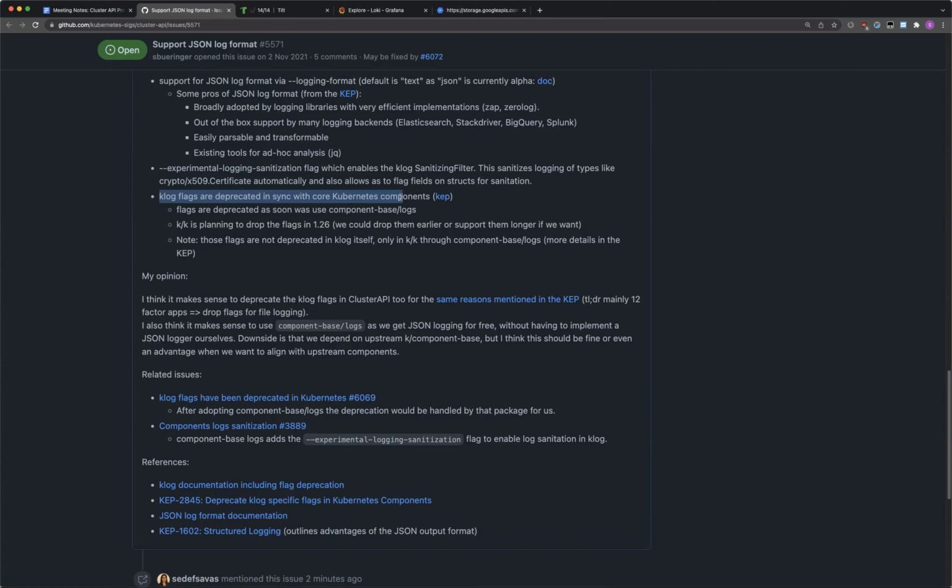Yeah. So that was a lot of information. I hope it made sense. It would be great if folks have an opinion on that, can take a look, and post comments. In my opinion, we should use component-base logs because it has a bunch of advantages and we can align to upstream components. But maybe there's a certain danger in depending on that dependency. Yep. Comments, concerns? That's very cool, Stefan.